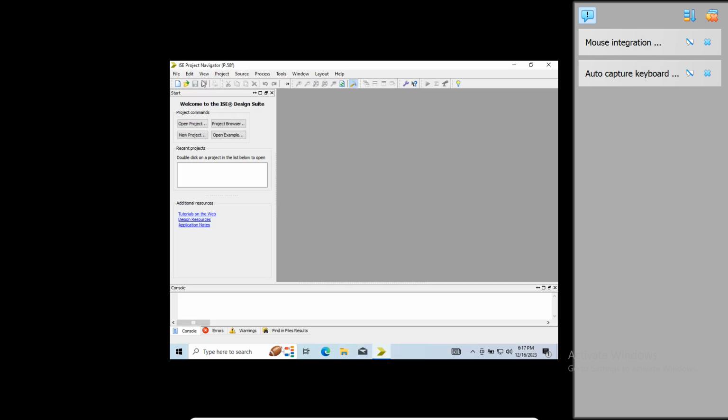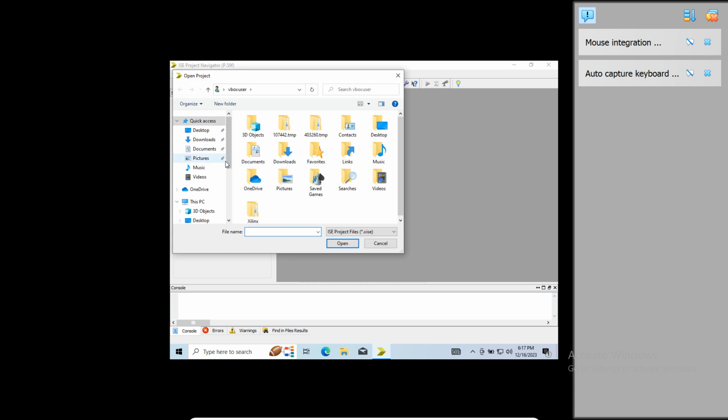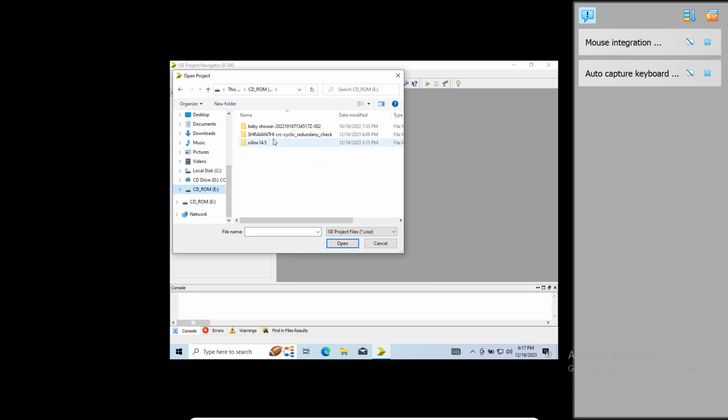So now this is the file. These are the menu options, what we have in Xilinx. So file, open project. We already have our project. I have given your name along with the project name. If you go inside that,